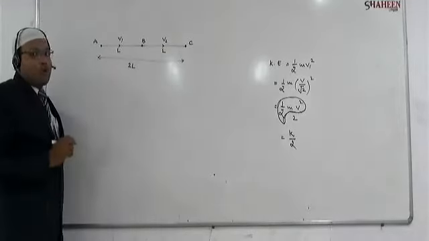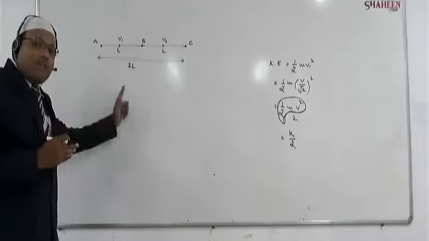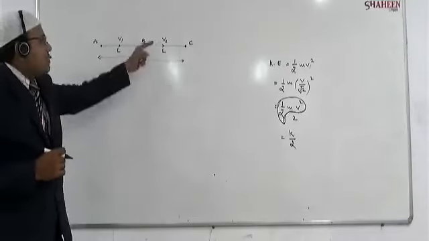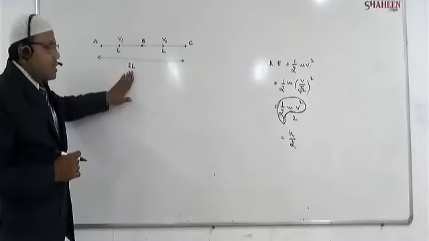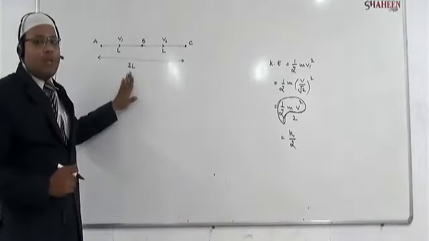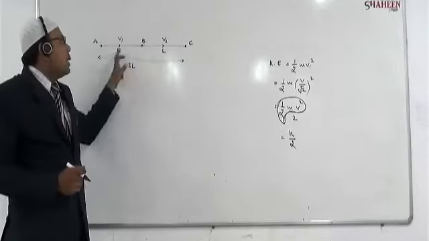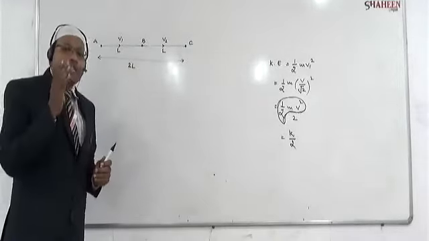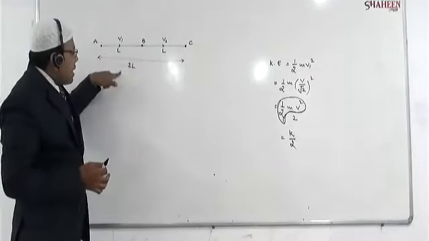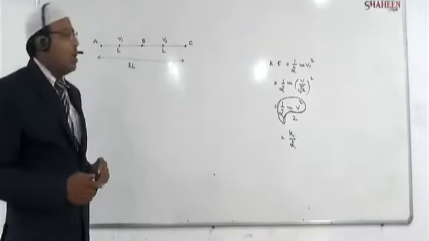Why l, l? The question arises. The answer is that half the distance is traveled with the velocity v1, and the next half the distance, or displacement, is traveled with the velocity v2. So total is 2l we are considering. You can consider l also. For simplification purpose, I am considering it as 2l. So half of 2l is l, half of 2l is l, l plus l is 2l. If you are considering l during the exam, then the total length is l, here it will be l by 2, here it will be l by 2, that you have to take care. Okay, now